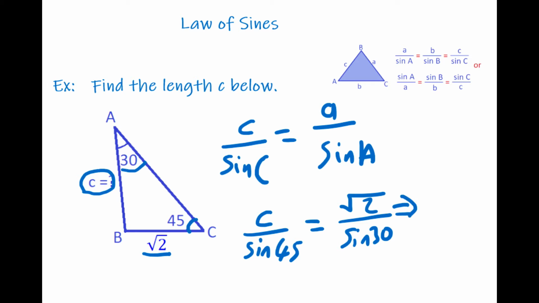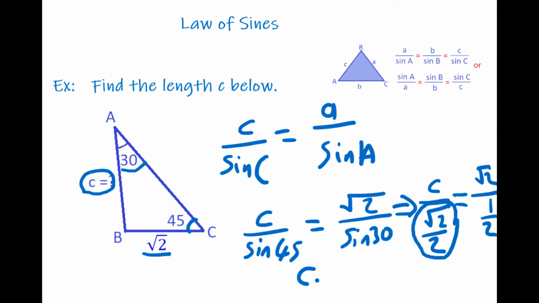If this is the case, then we have c divided by sine 45, which is square root of 2 divided by 2, guys, and that is equal to square root of 2 divided by sine 30, which is 1 divided by 2, guys. From here, what I'm going to do is c times, because we are dividing c by this fraction, we're going to take the inverse of this fraction and then just multiply it as it is. So we're going to have